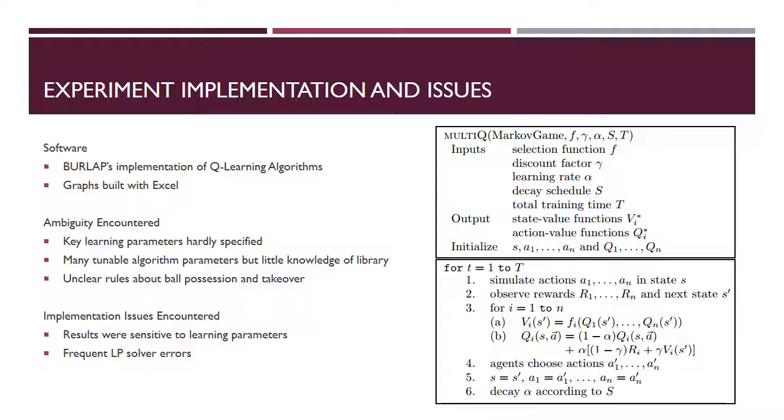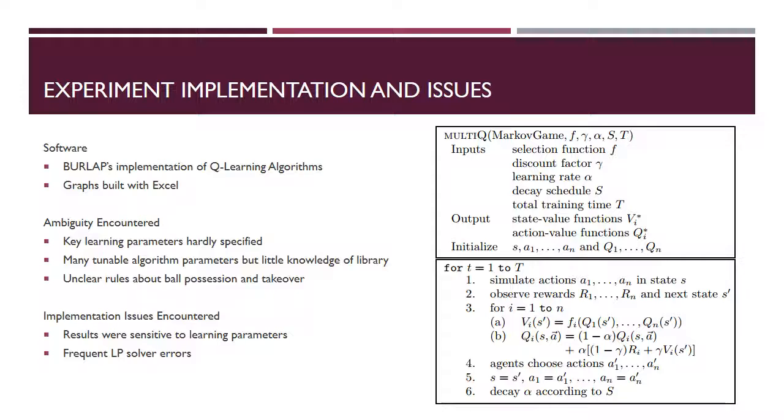So there was a good discussion on this in the Slack chat, and it ends up that Littman, who didn't write the original paper, had specified in far more detail in a 1994 paper how ball possession worked. And so I used those rules, and within it he also talked about some of the tuning parameters, particularly gamma. I think it was a 0.99, but I can't remember.